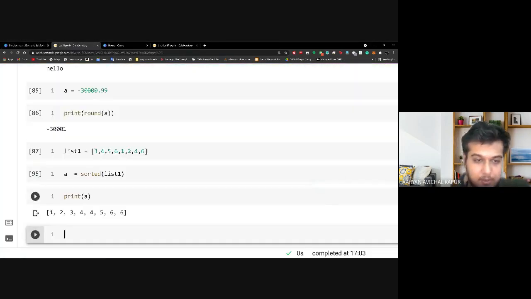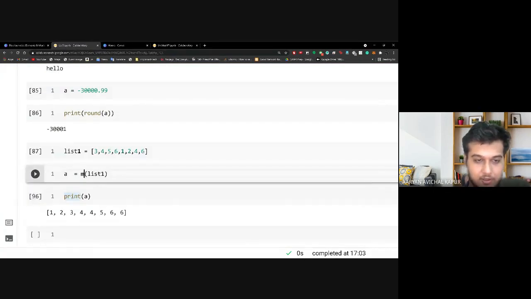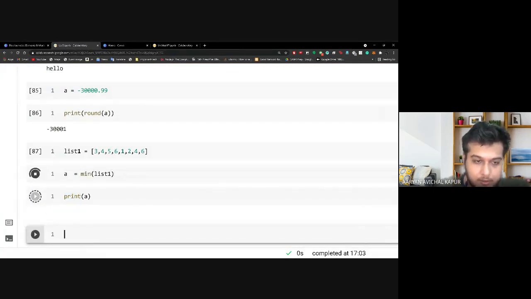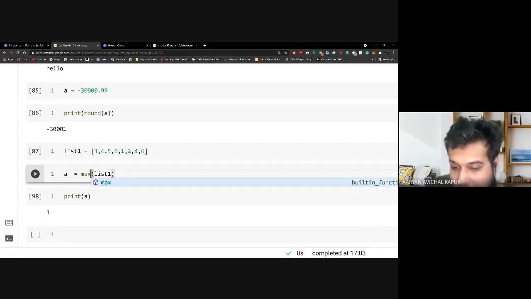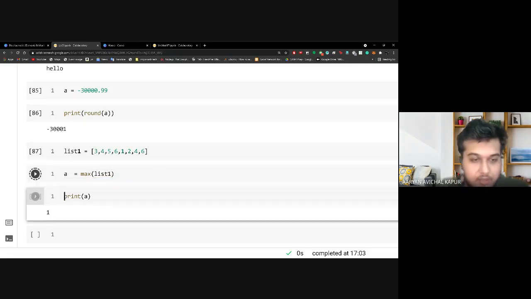Now let us look at minimum and maximum. So let me say print the minimum. So we should get 1. If I say max, what should we get if we put in max? Anyone can answer. Turn on your cameras or simply put it in the chat. Come on, guys. Okay, the biggest one. Okay, perfect, 6. So we'll get 6.